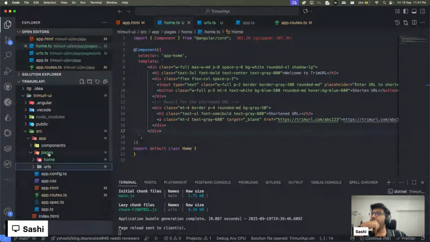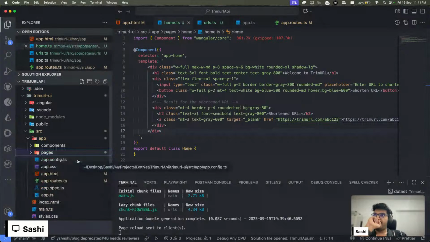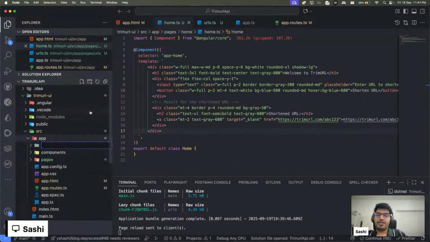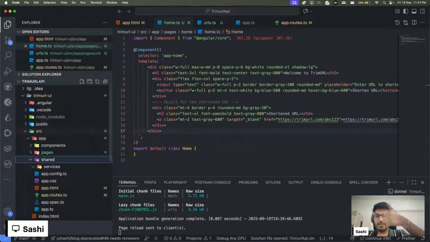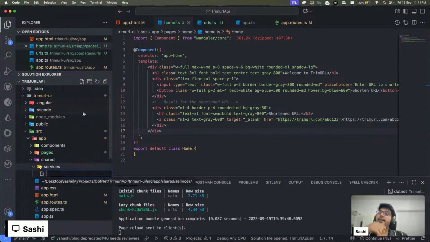So I have a pages folder, which is good, and I'll put it in a shared folder. I think that should be okay at the moment. Inside that I will have a shared service, because this will be shared in two pages: first is urls.ts and another one is home.ts. So in the services, I'm going to create a file called url